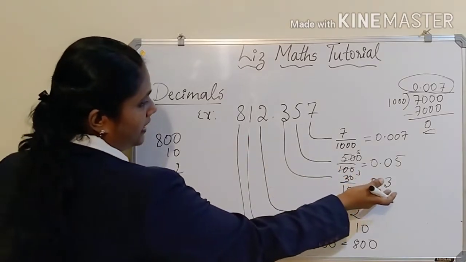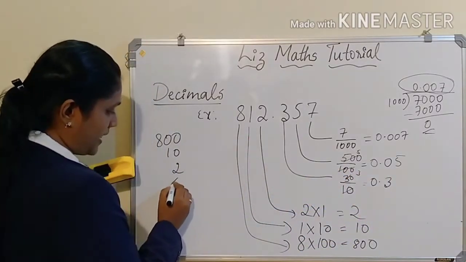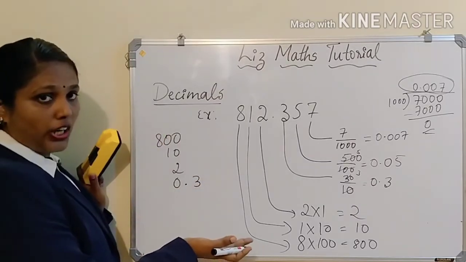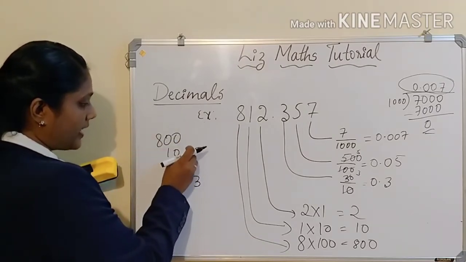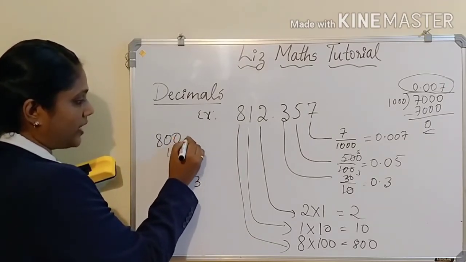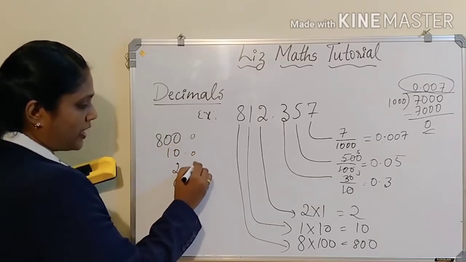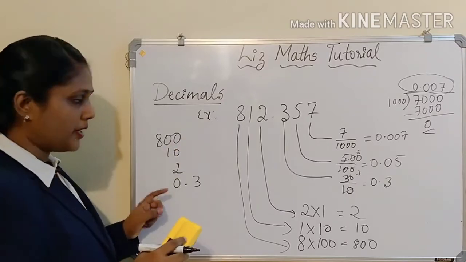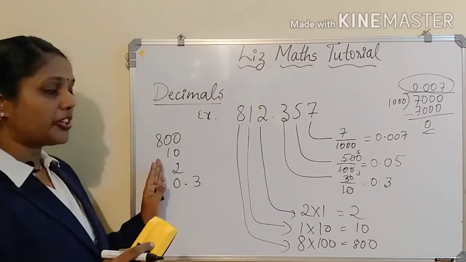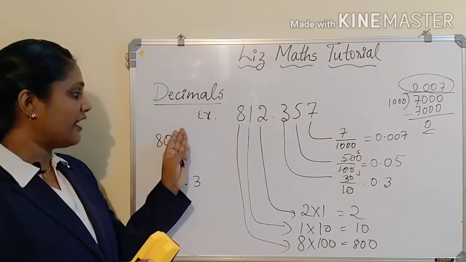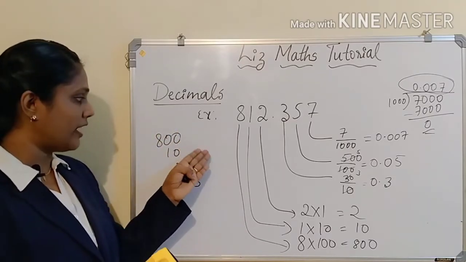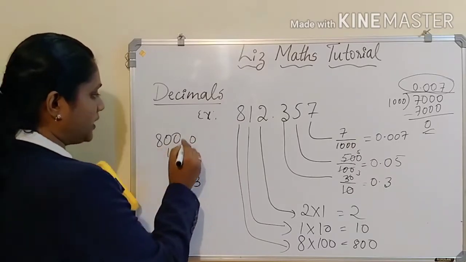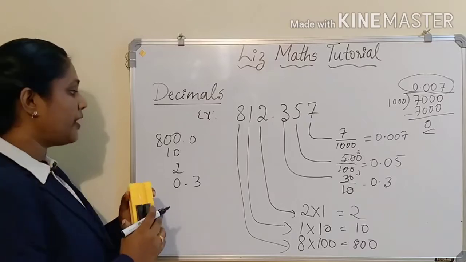Next, what is there? Here 0.3. 0 is in the unit place and 0.3 is next to that. Got it? So the point, where? Here there are no decimal values, which actually means there is 0.0, 0.0, 0.0. There is no value for that, so we are not writing it. Here we are not writing it because we don't have any decimal value after the point. So we are not considering any value after that. If you write 0.0, is there any value for that? No. So we are not writing it.